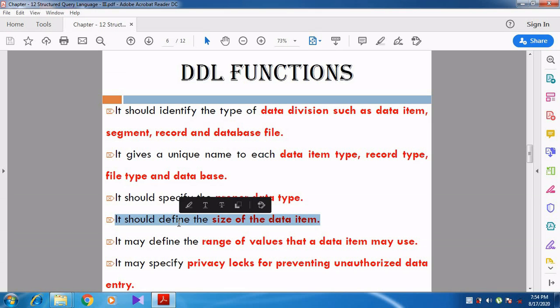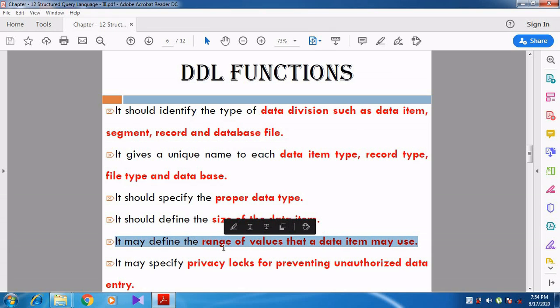What is the rule? 6 to 8 characters should be specified. So like that, it should define the size of the data item. Mobile number has only 10 digits, not 10 numbers, 10 digits. If you give more than 10 digits, it won't accept.